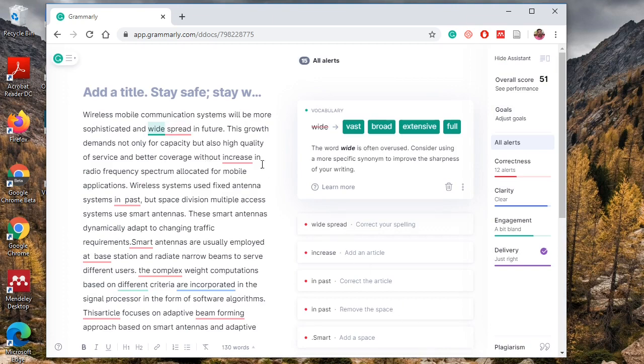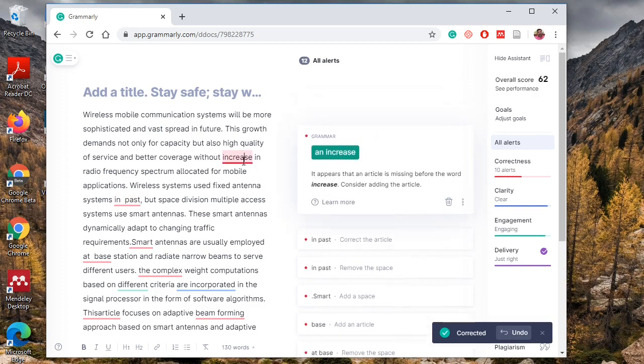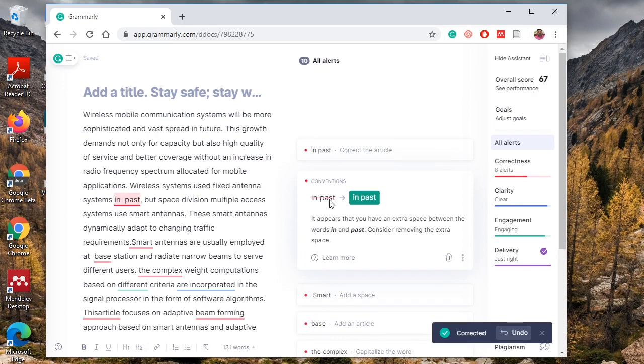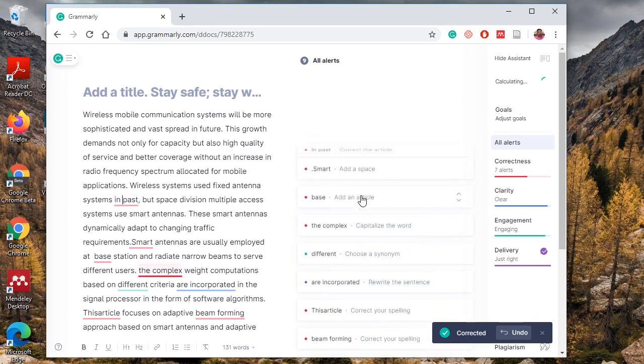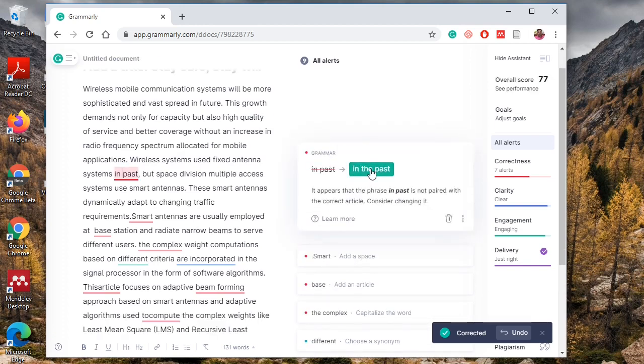Now it is giving the suggestions. Instead of "wide," I can use any of these four, so I want to use "vast." Here "increase" is there, it should be "an increase." "Past" is there, "in past" should be there, and another one is "in the past."